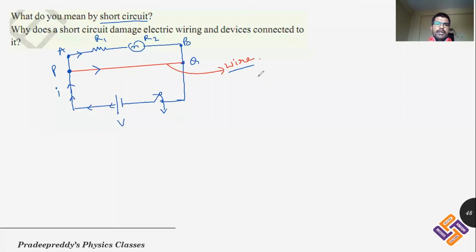It means that by connecting a wire PQ between the ends of the circuit, the current coming to point P, without reaching resistors R1 and R2, comes directly to point Q. You are shorting the length from P to Q using a wire, without the actual passage of current from A to B. By using just a wire between P and Q, you are making another shortest and easiest path for the current to travel from P to Q. This process is called shorting.